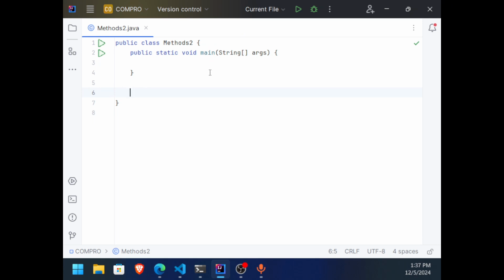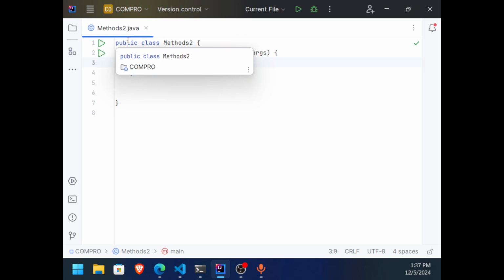Now let's think of something that we can make use of methods for. Previously in our activities, a typical operation that we commonly perform is to read a valid number, right? So why don't we create a method for getting a valid number, which re-asks the user to enter a value through the keyboard until a valid number is provided. So we're going to do that.